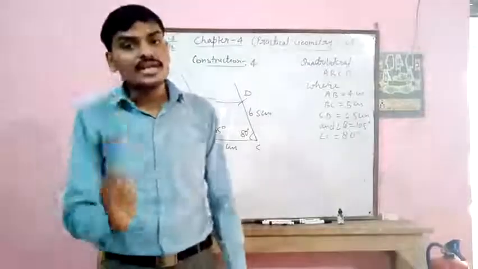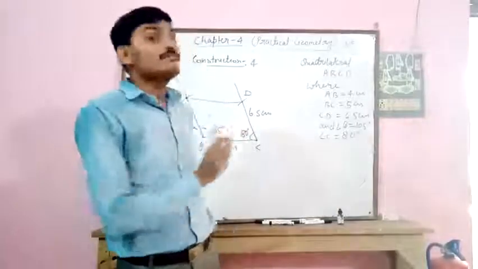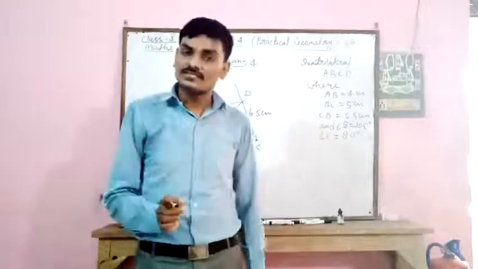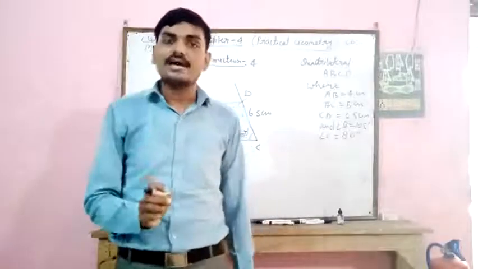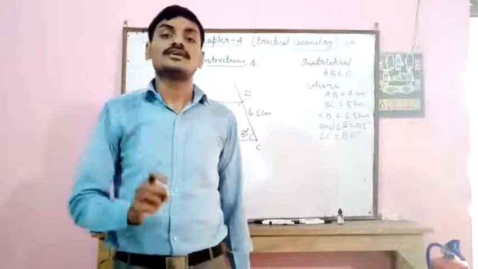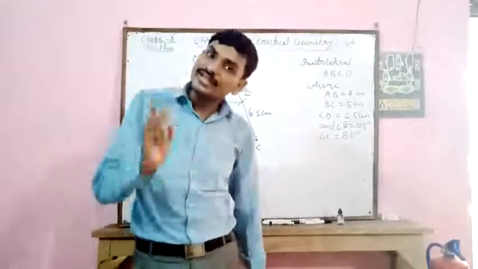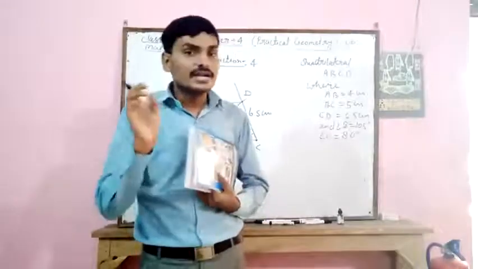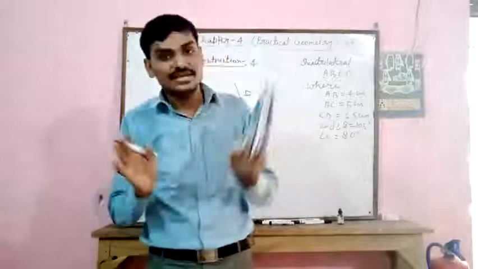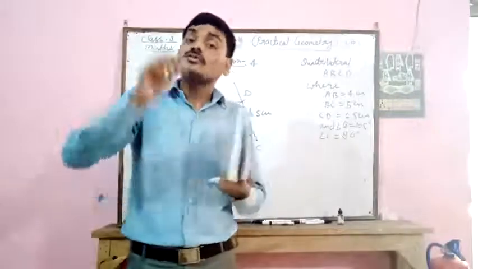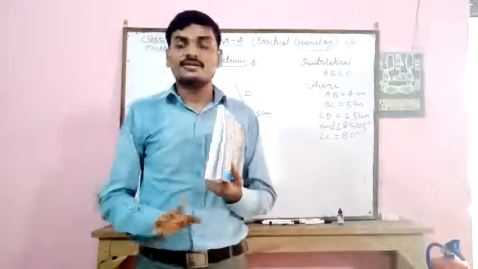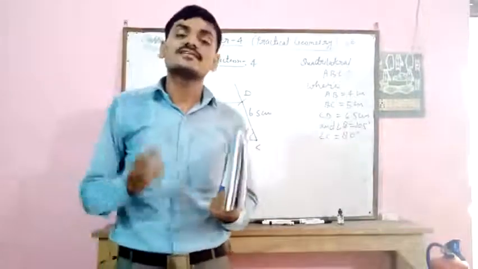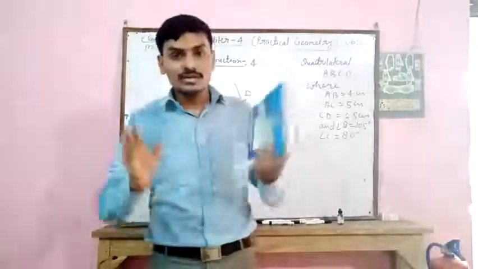Here I am not explaining how to draw the angle 15 degree, 30 degree, 45 degree, 60 degree, 75 degree, 90 degree and 120 degree, because you have already studied all these angles drawn with the help of ruler and compass only. So no need to explain here. Just draw the quadrilateral only here, not the measure of any angle, because in your previous classes, that is in 6 and 7, you have already studied about this.